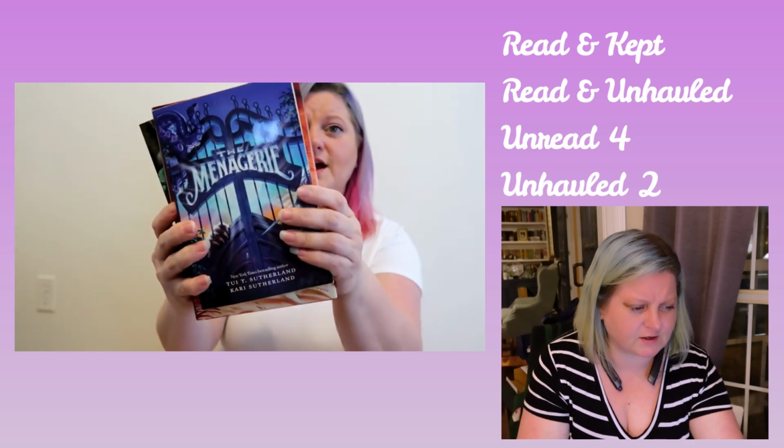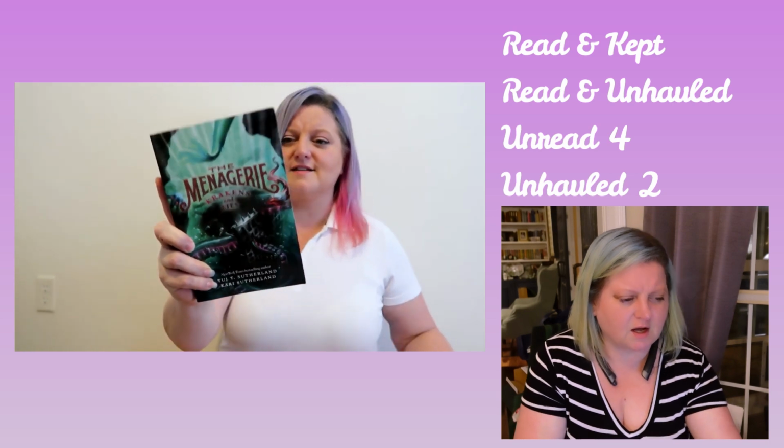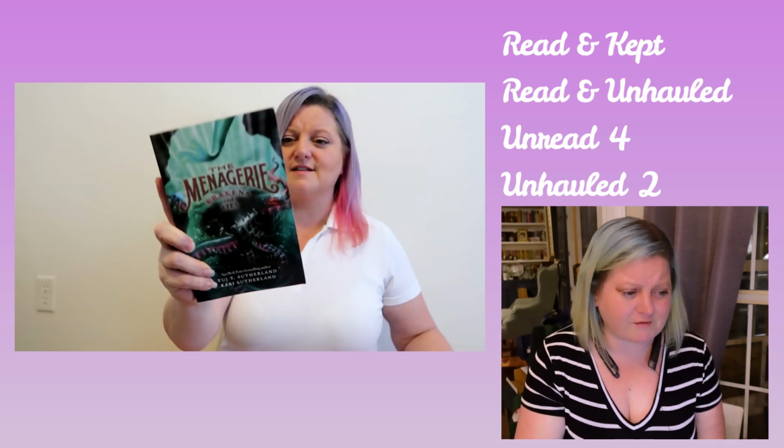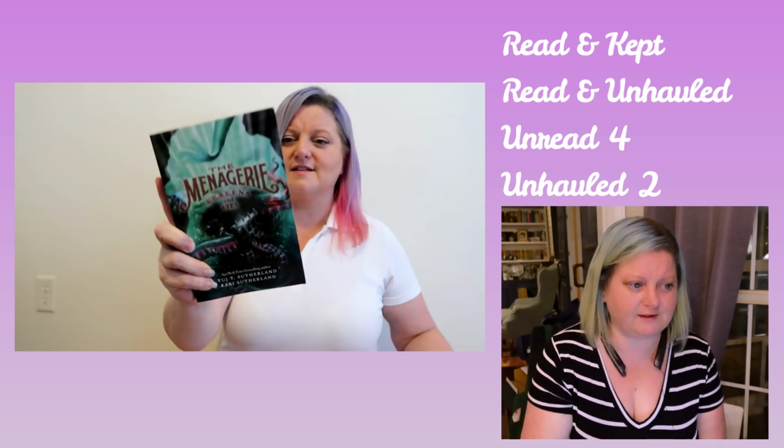All right, next up. Okay, the last three books in this box are actually a trilogy, and I was able to get the whole trilogy on Book Outlet. That is The Menagerie by Tui T. Sutherland and Kari Sutherland. So we have book 1, which is The Menagerie, book 2, which is Dragon on Trial, and book 3, which is Krakens and Lies. Okay, I haven't read any of those. I think I still have them, but let me check. Okay, so